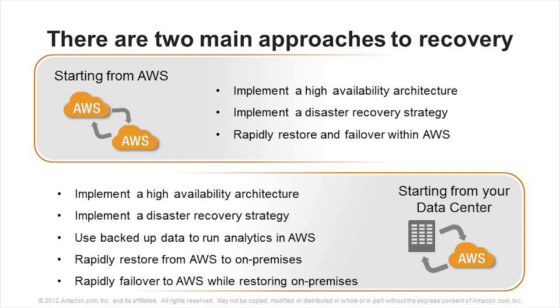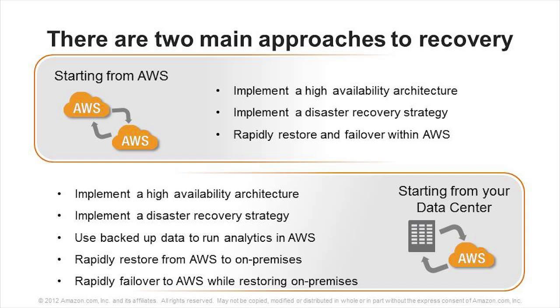So phase one of the disaster recovery model here would be you're going to go from your on-premises up to the cloud. You're going to then start to make sure that your on-premises is restored to operation, and you'll then do the reverse case. You'll switch from AWS back down to your local data center. So we're going to talk about how you can rapidly fail over to AWS while you're putting your on-premises infrastructure back together.